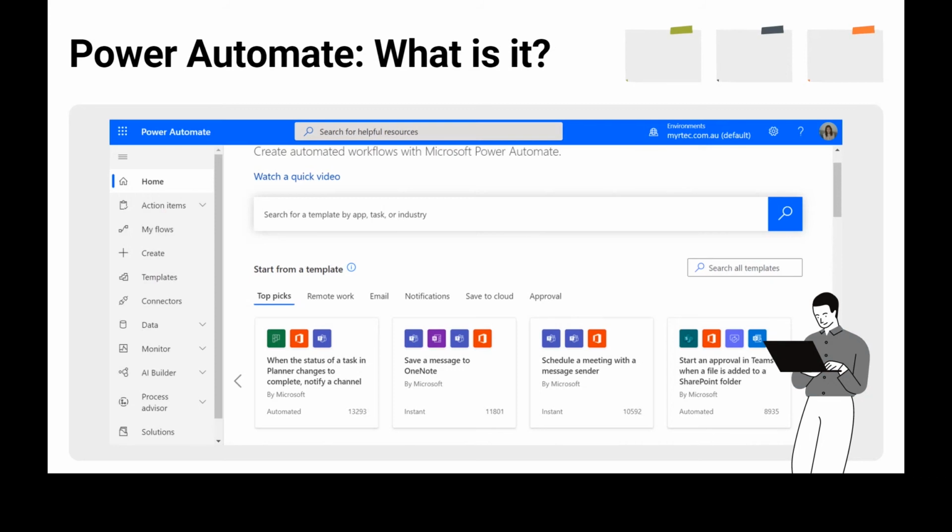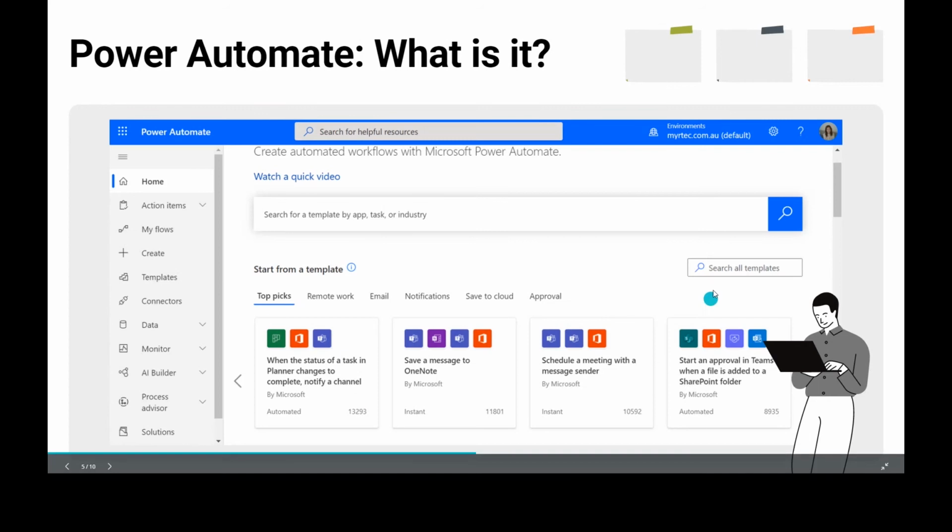All right, Power Automate, what is it? So what I'm going to do, I think instead of having a look via this screenshot, which is just a screenshot of our environment, this is what the interface looks like, I'm going to jump across to